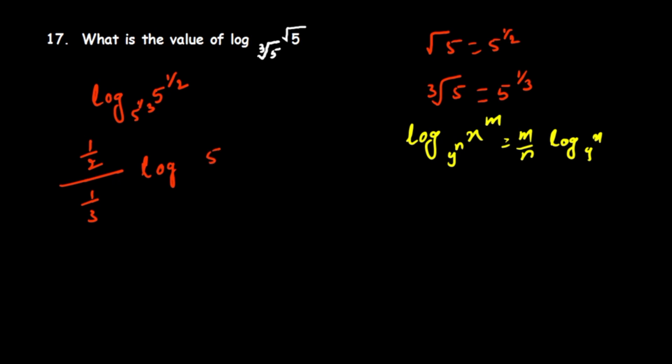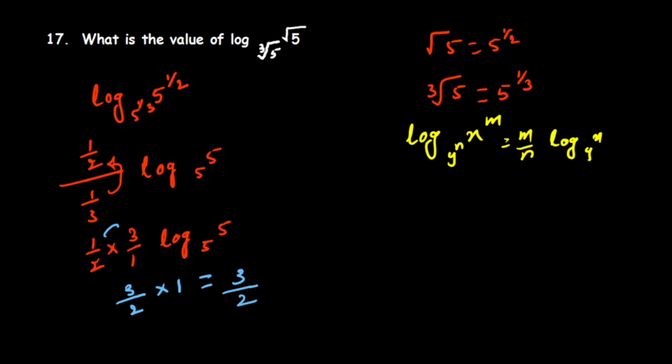Okay. So we get its reciprocal here, that means 1 by 2 into 3 by 1 log 5 base 5. So 3 ones are 3, divided by 2 ones are 2, into log 5 base 5 is 1. Finally the answer is 3 by 2. So this is the answer for this question. The next one is,